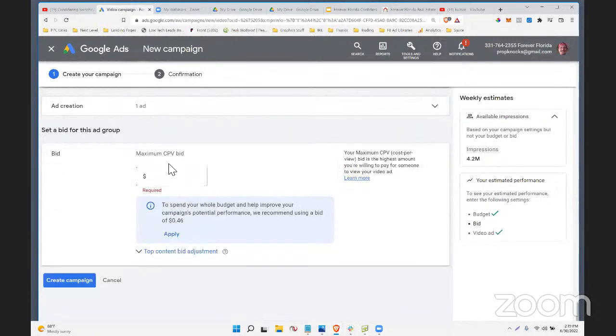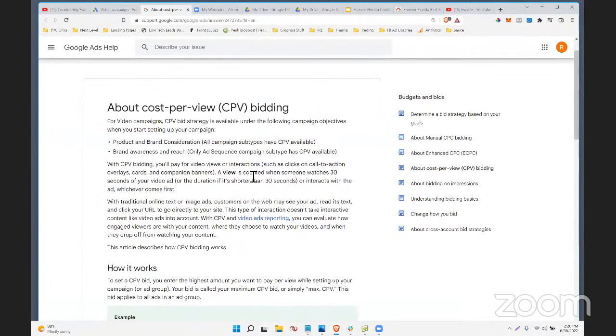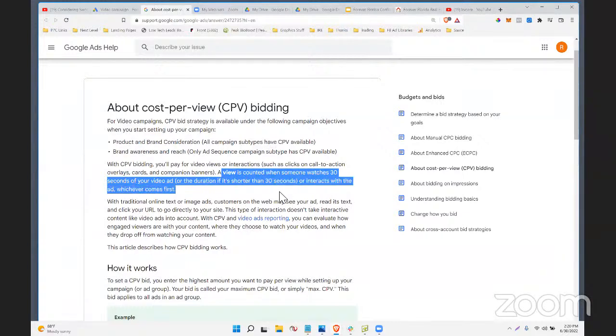And then down here, we're going to go down below, and YouTube says, give us a CPV. That's your cost per view. And they are recommending, this is the highest I have seen, actually. And I think I know why. But a view is either 20% or 20 seconds or 25 seconds, I believe. I'm going to open this, see if they explain it. Oh, a view is counted when somebody watches 30 seconds of your video, or if it's like a 25-second video and they watch the whole thing.